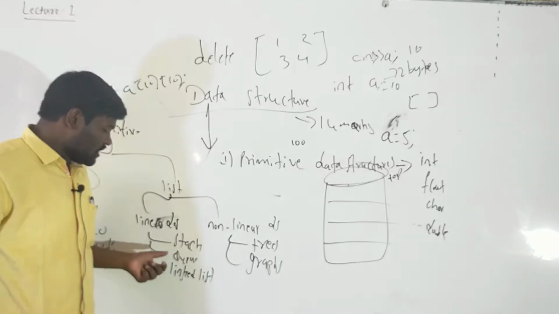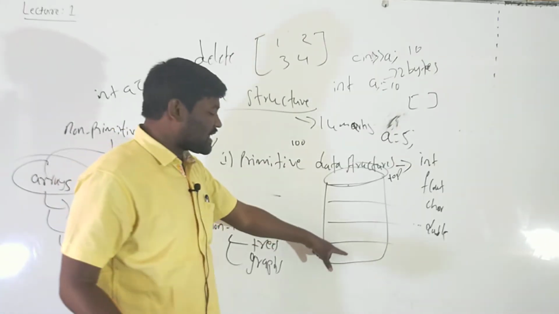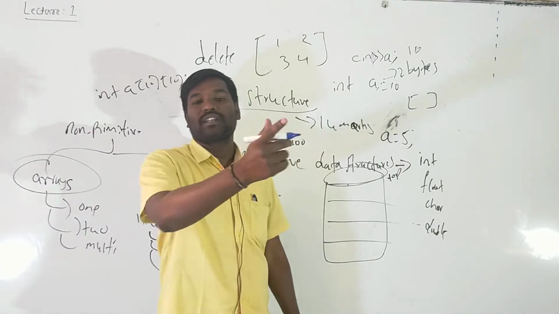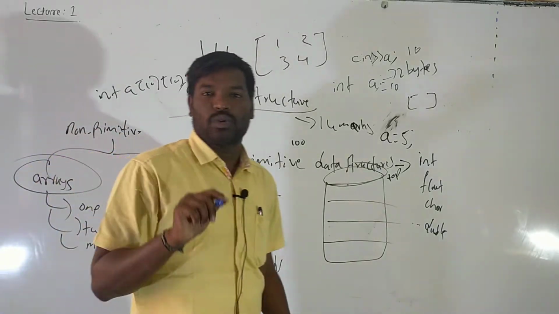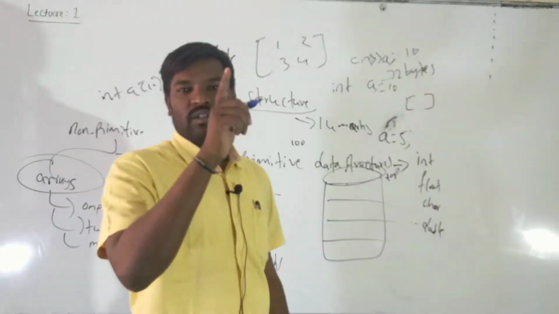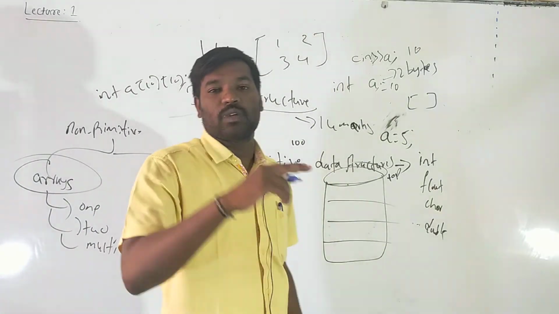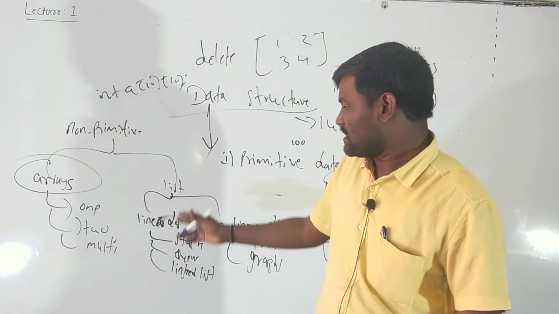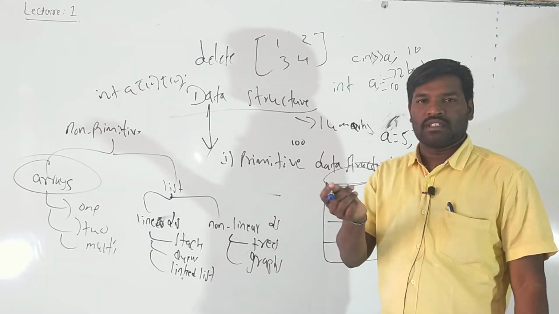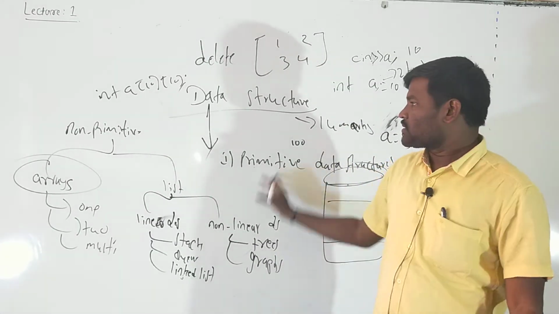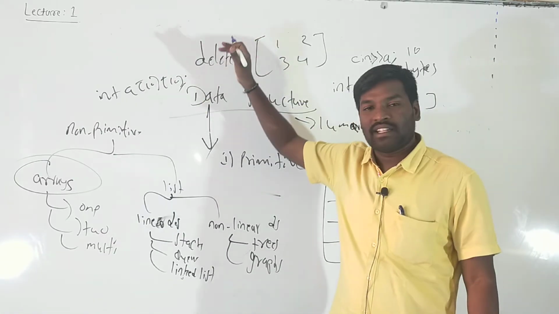In the same way, stack means whatever element we insert first can be removed last. That's why stack follows first in last out. First in last out means whatever the first element present in the stack can be removed last. That is stack. Again, it consists of some operations and some algorithms we will discuss next. So this is only the overview of the data structure. In detail it will come.